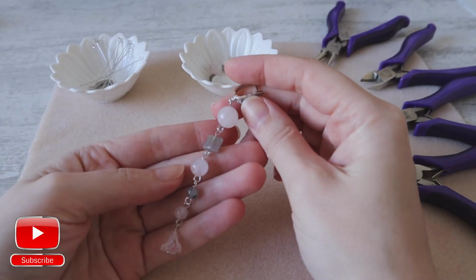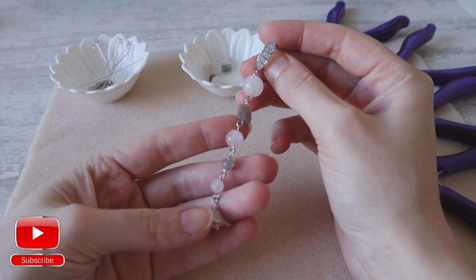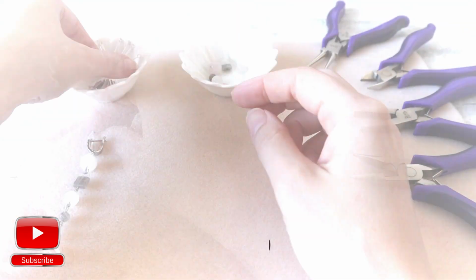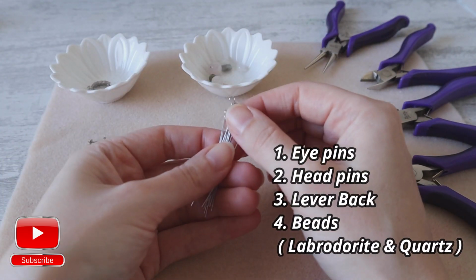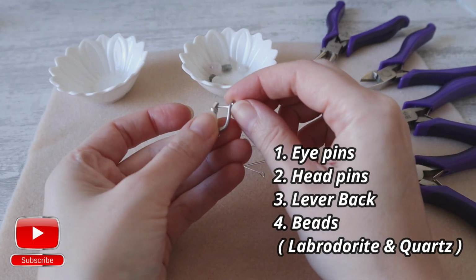In today's video we will create this kind of earrings made of pink quartz and labradorite stone. Let's start. For it we will need eye pins, head pin, earring clasp, this is lever back,